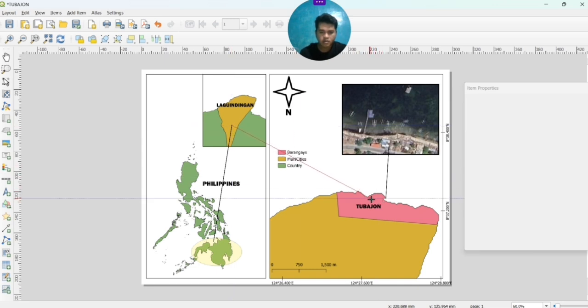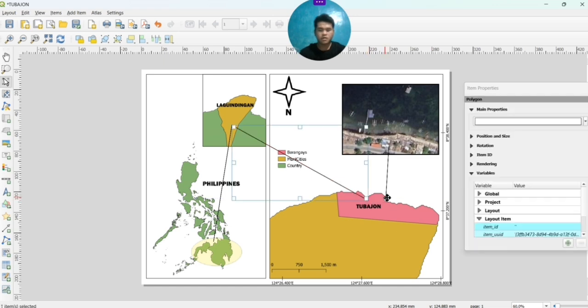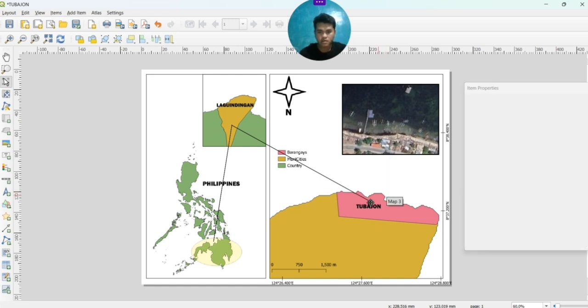That one, I just want to place this one. Then for this one, I want to adjust, backspace to delete it. Then add again that one and this one.